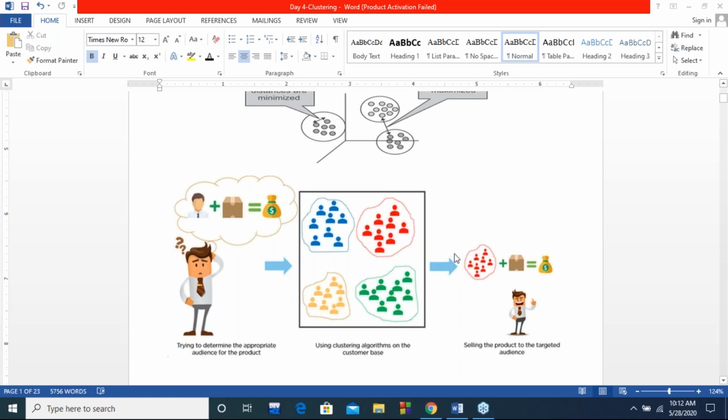So let us take up the example of a university or a college or a school system, where in every class there is a lot of diversity in students in terms of their intelligence, their behavior, or their psychology, or maybe where they come from, or the families they belong to. So there are different types of students in a class, and all of these different types of students have to be dealt with differently. So they have to be first clustered well, and then based on the different types of students, they have to